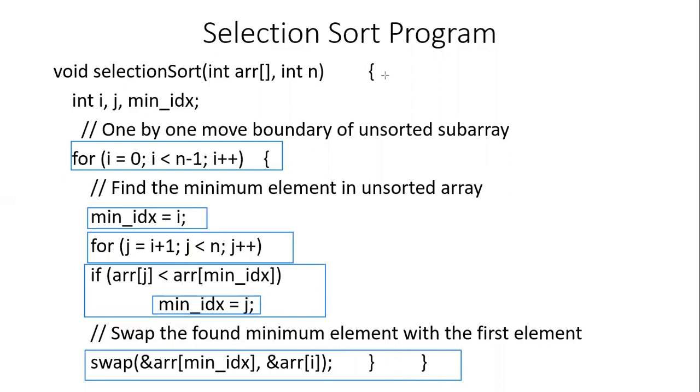That is it. So there are only 5 things that you need to take care of: the number of steps, the number of comparisons, the minimum index to begin with is the first element. We interchange the index if we find another smaller element than the current smallest element, and the last step is to interchange the first element in the list with the smallest element in the list. So this is the second algorithm that we have done.